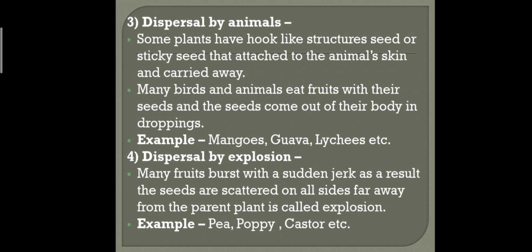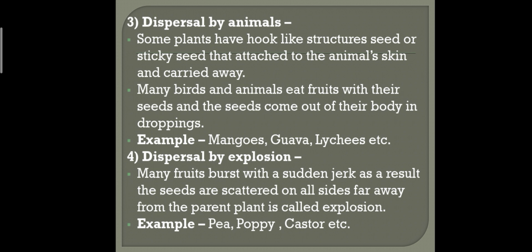Some plants have hook-like structures or sticky seeds that attach to the animal's skin and are carried away. Many birds and animals eat fruits with their seeds, and the seeds come out of their body in droppings. For example, mangoes, guava, lychees,